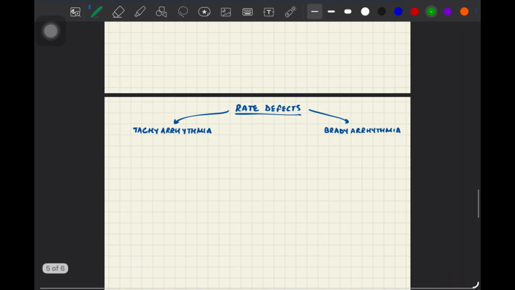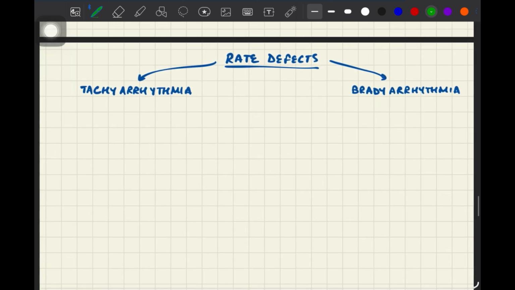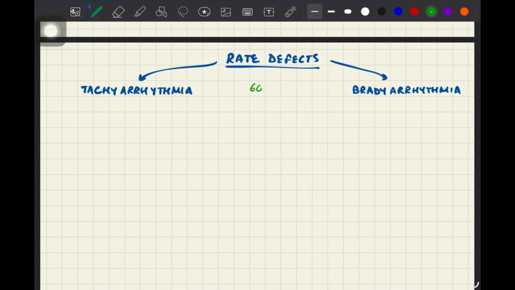This brings us to rate defects. So the normal rate is what? 60 to 100 beats per minute. So more than